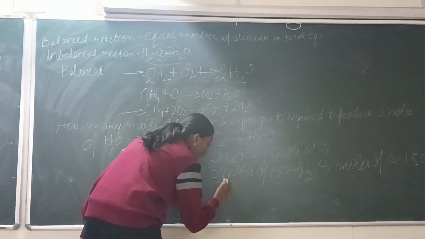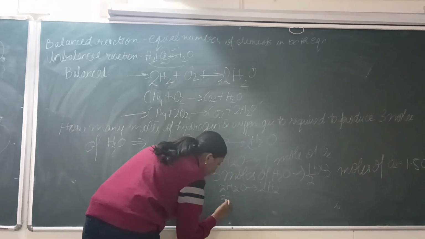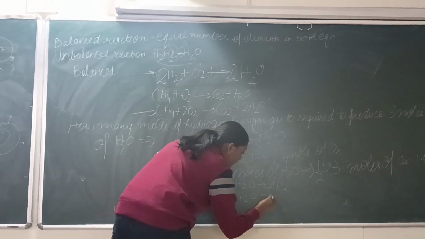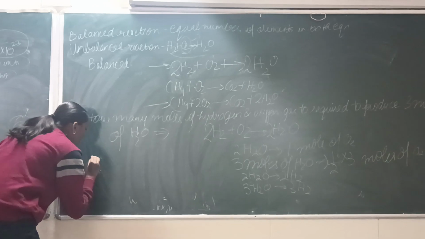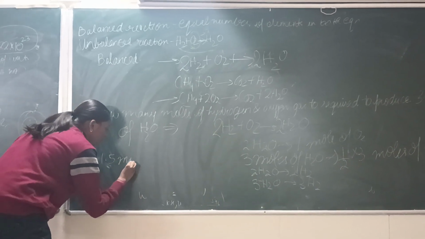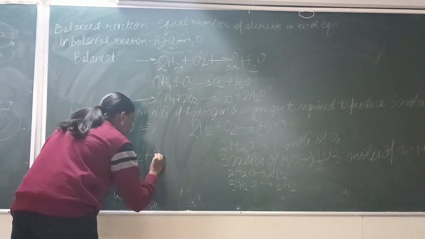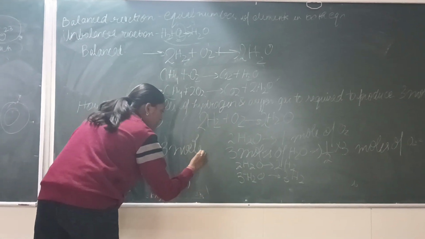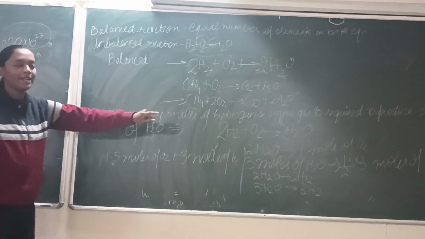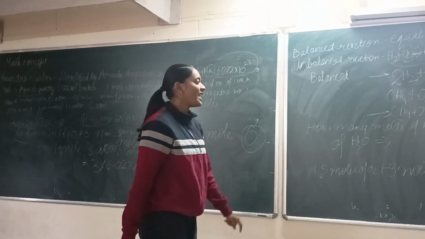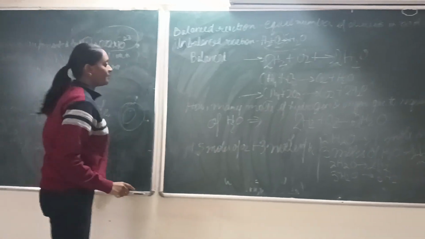So for producing 3 moles of H2O, you need 1.5 moles of O2. Now for producing 2 moles of H2O, you need 2 moles of H2. This means for producing 3 moles of H2O, you will need 3 moles of H2. So for producing 3 moles of H2O, you need 1.5 moles of O2 plus 3 moles of H2. So now I have explained to you the concept of mole concept as well as some part of stoichiometry. So now you can see that you can link all this and